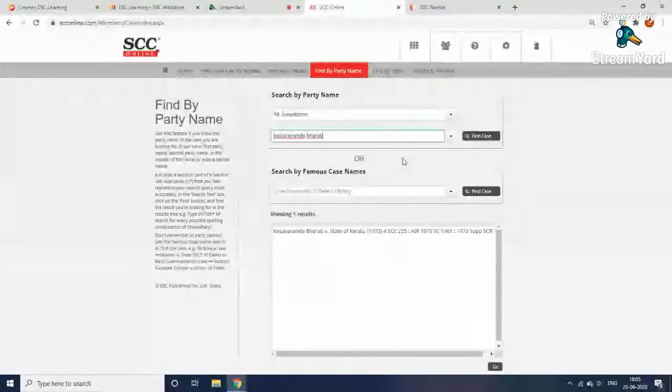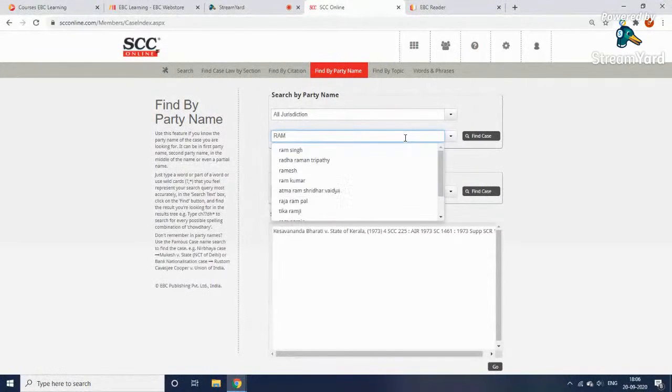But there is something I have to show you here. For example, you do not know the spelling of the party names. There are many spellings for some names. For example, the surname Chaudhary is spelled with different spellings: Chaudhari, Choudhari, Chaudhary. So when you're confused as to which Chaudhary you're searching for,